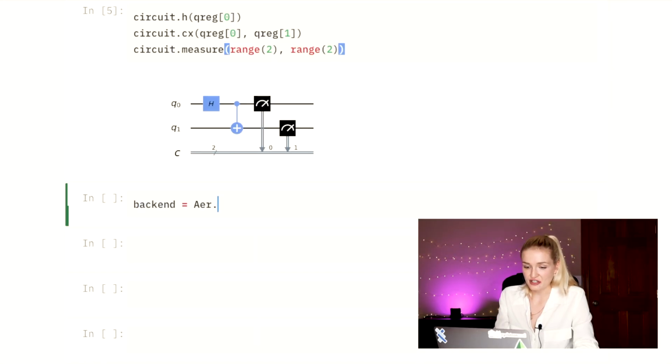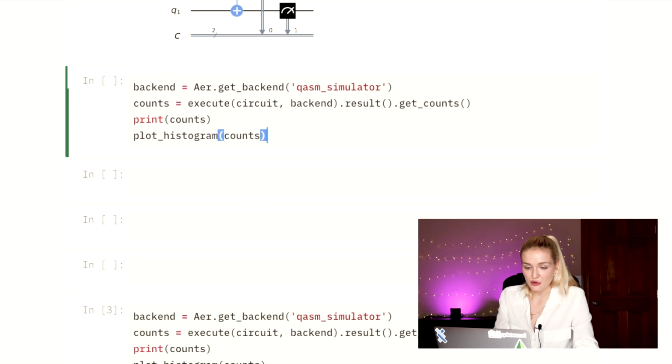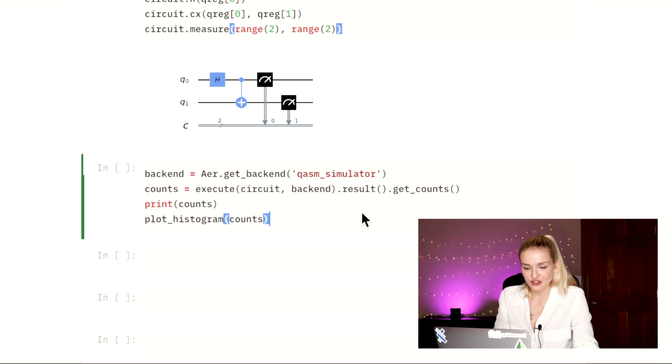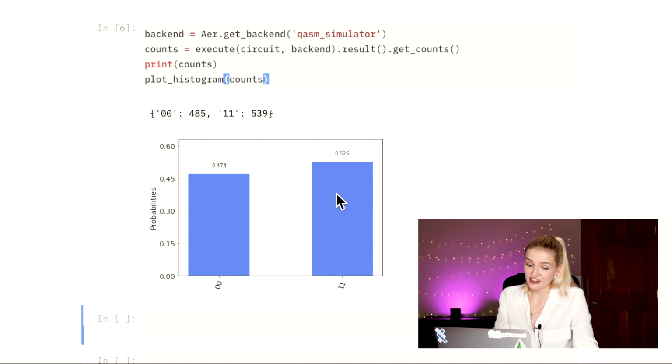Now we can actually execute the circuit on the simulator. We set this up using the BasicAer get_backend method. We execute the circuit by using the execute function, and we pass in our circuit and our backend. We get the results from the circuit by using the result method, and specifically we want to get the counts. Now we can print out the counts and look at our pretty little histogram, and this matches similarly to what we saw. Check out this chart and your circuit.